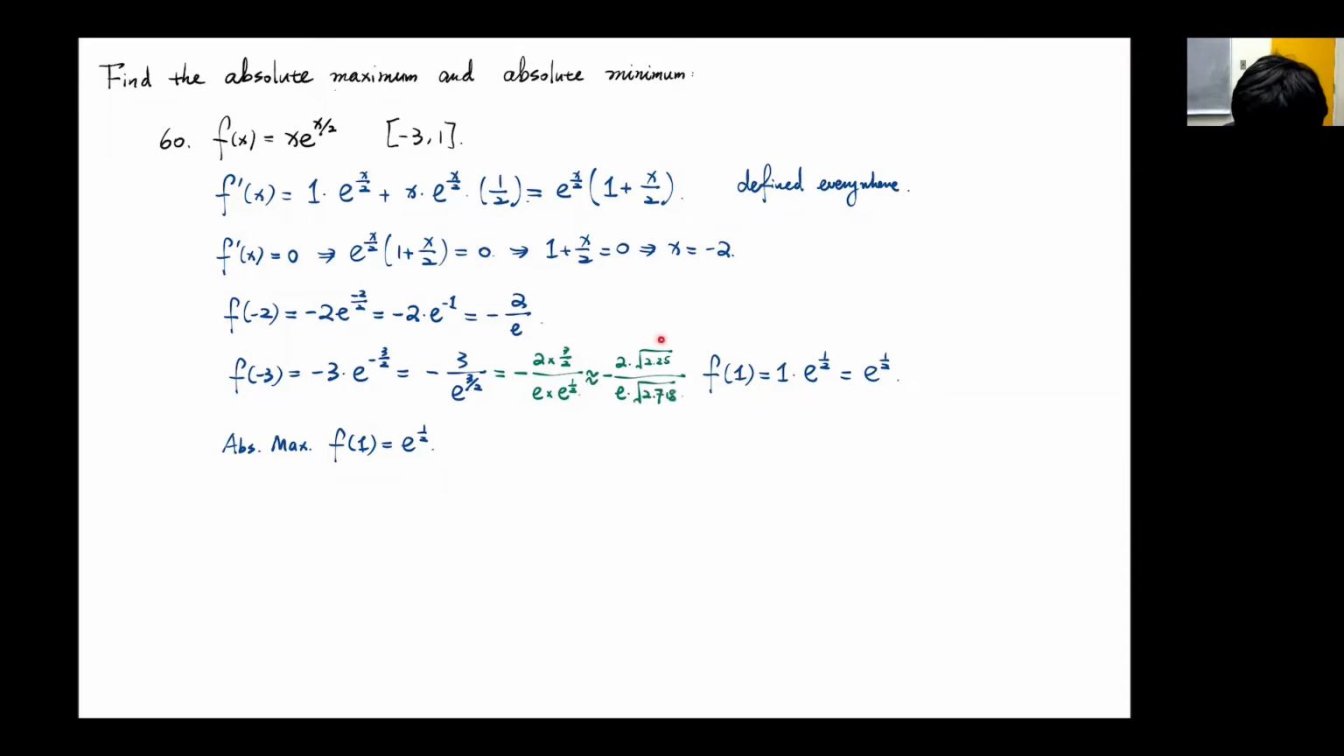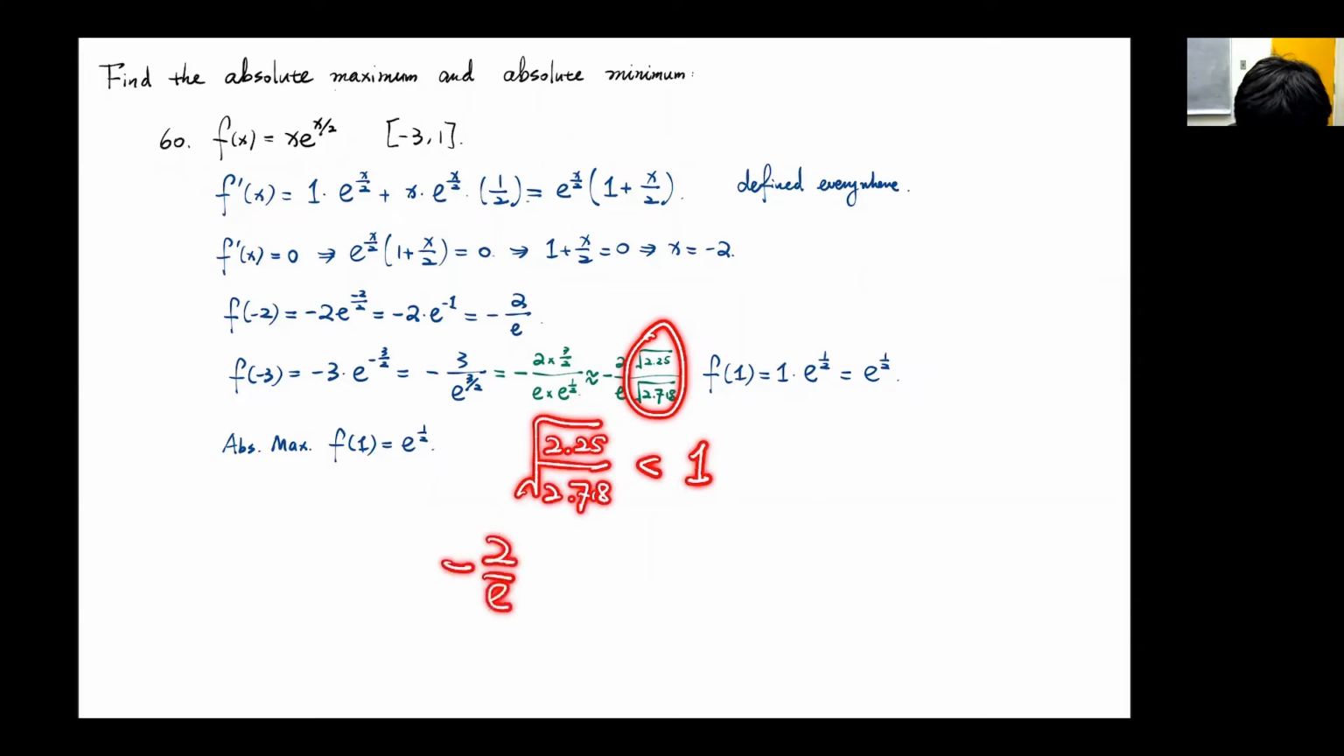roughly a root of 2.718, roughly speaking. So at least I know that this is going to be a fraction with the ratio smaller than 1. So I know that this guy, 2.25 divided by 2.718, is going to be less than 1. Okay, if I multiply both sides by -2 over e, so that I get -2 over e times this radical will be strictly greater than -2 over e times 1. All right,